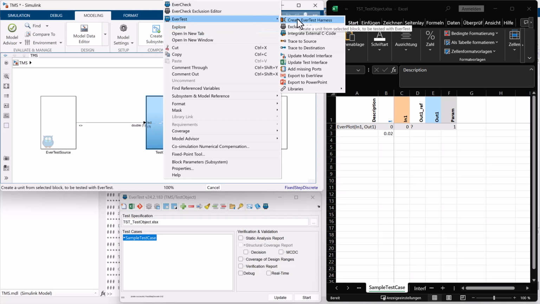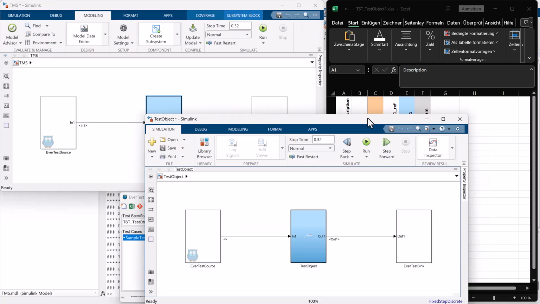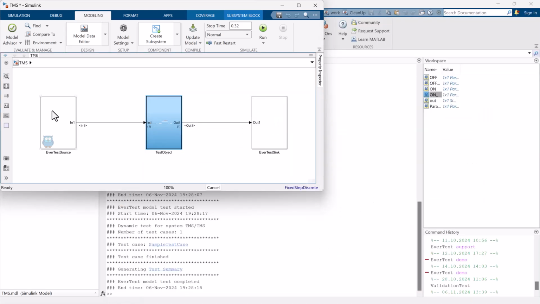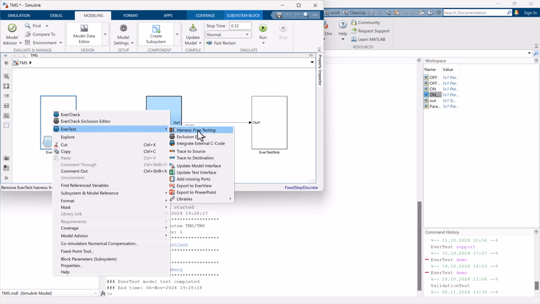EverTest can also automatically isolate any Simulink subsystem from the remainder of the model. This is required when testing subsystems as separate units. EverTest enables the test harness-free verification of reference models without creating separate test harness. Just choose the option